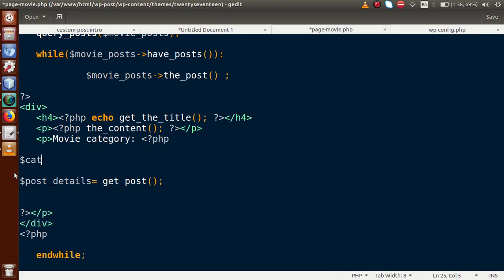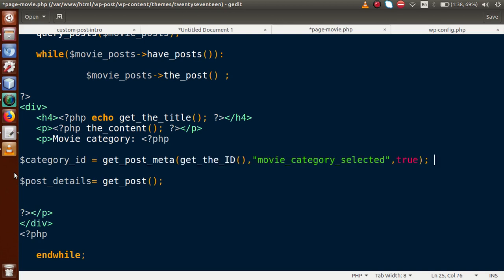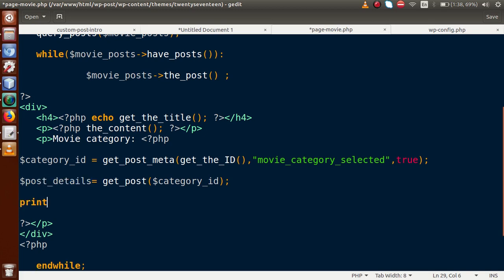This is called the category ID. I'm going to assign this value to this variable. We have to pass this category ID inside this function, and it will give all the details of that post inside this variable. So if we just copy that, let's say print_r,